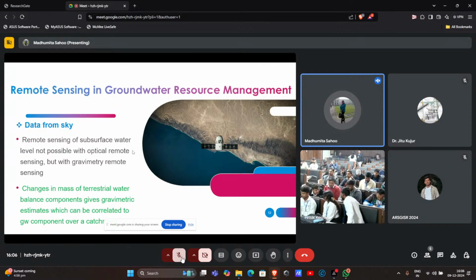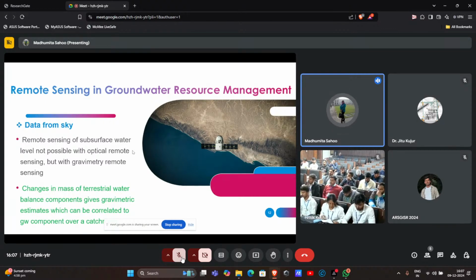This is where the remote sensing of groundwater resource managers comes into play, and we try to use gravimetry remote sensing data to remotely sense the subsurface water level. It's not possible with optical remote sensing since it's a hidden resource, nothing can be visible, but the gravimetric sensing can be done. So gravimetry sensing senses the changes in the mass of terrestrial water balance components,